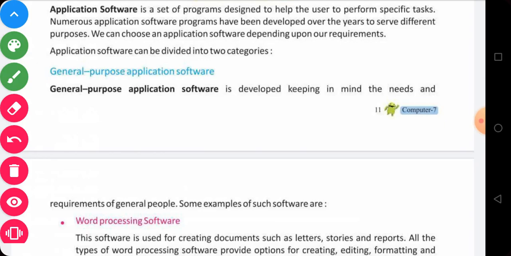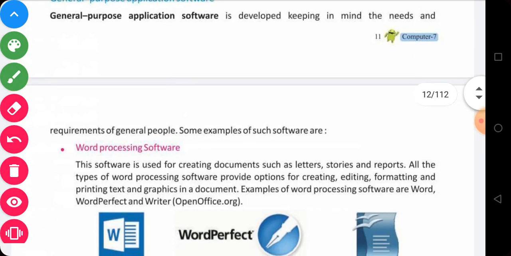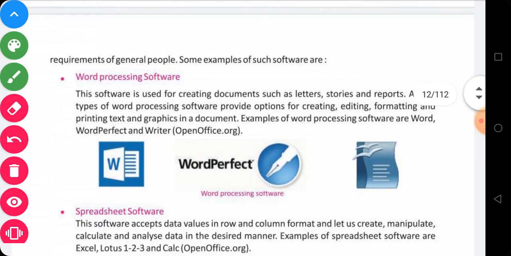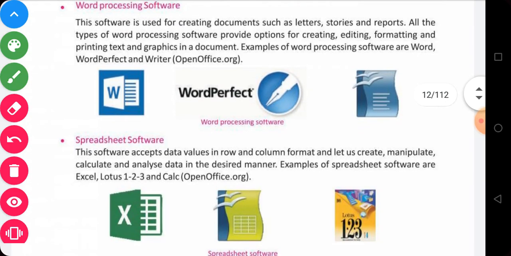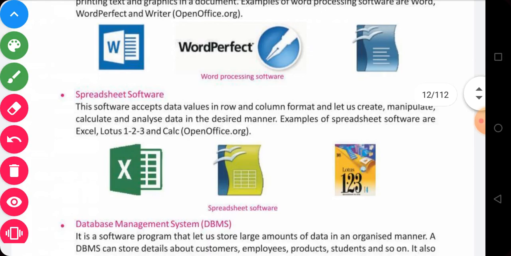General purpose application software is generally used by anyone. For example, Microsoft Office has various kinds of software, that is MS Word, Excel, PowerPoint, and spreadsheet. These are all popular software which you already know, because in the previous class there was a topic under MS Office.